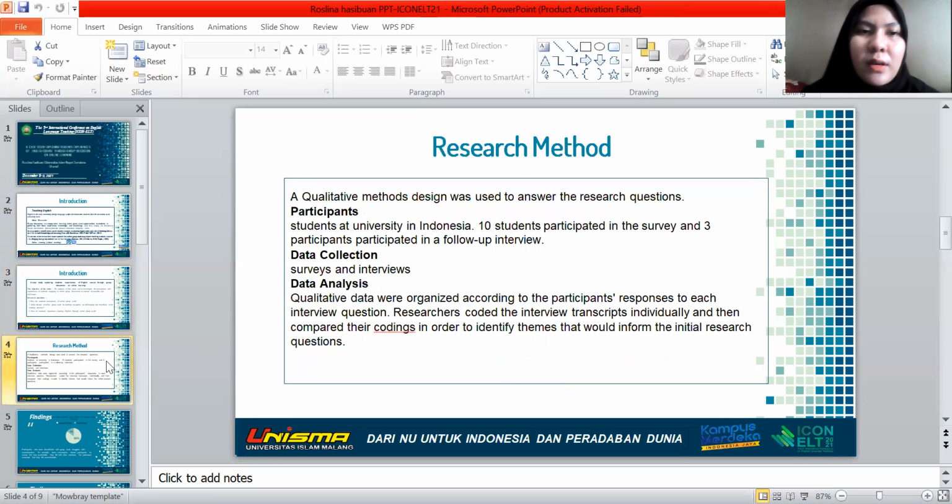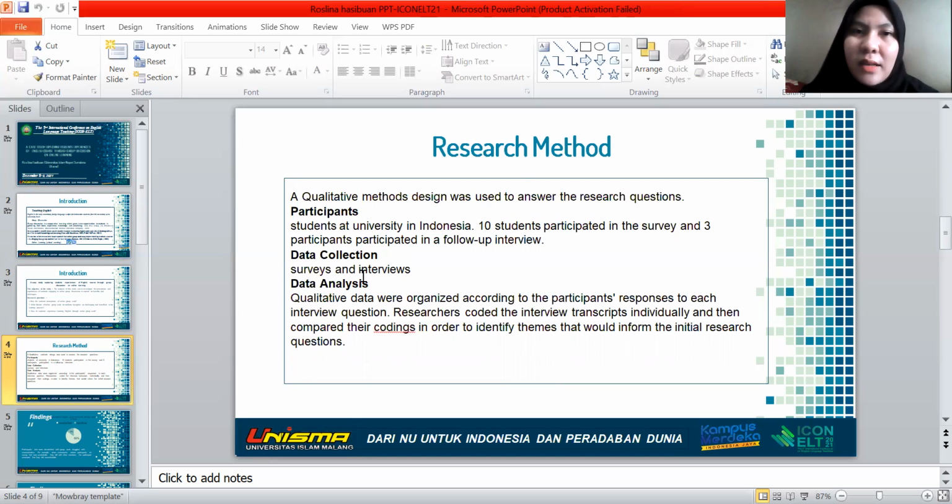So this is the research method. A qualitative method design was used to answer the research questions, and the participants here were students at a university in Indonesia. There were 10 students who participated, and I took three from the 10 for a follow-up interview. These are students of fashion design, and they are in their third semester.